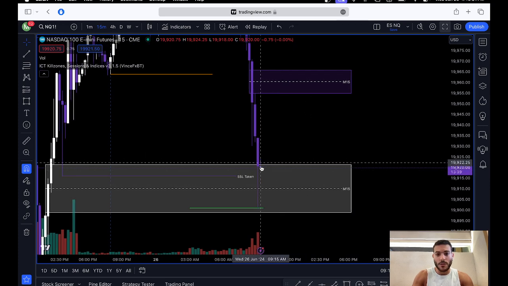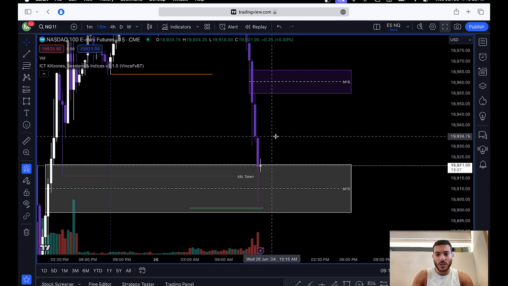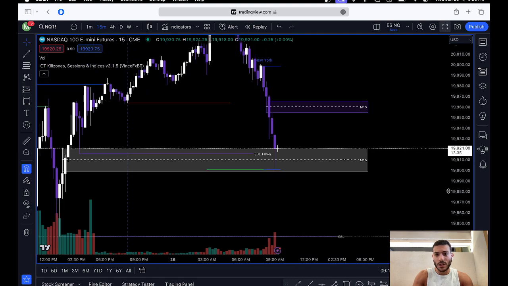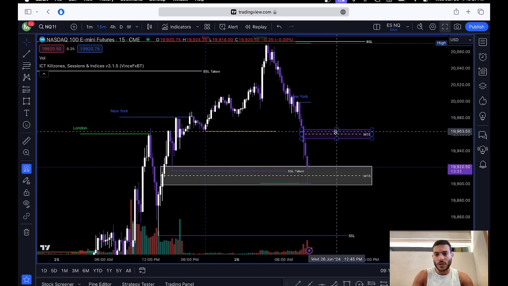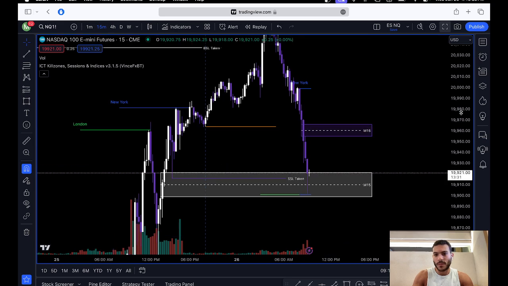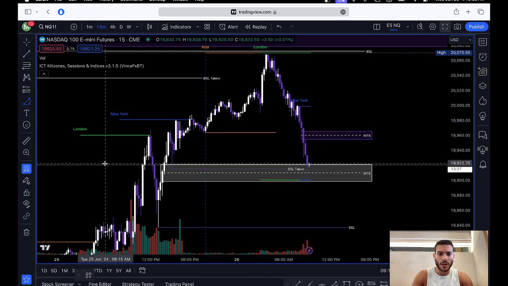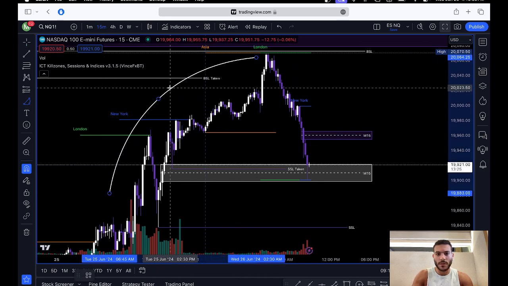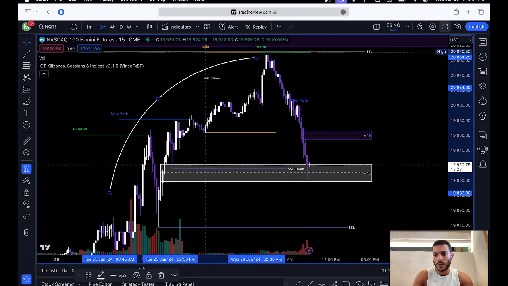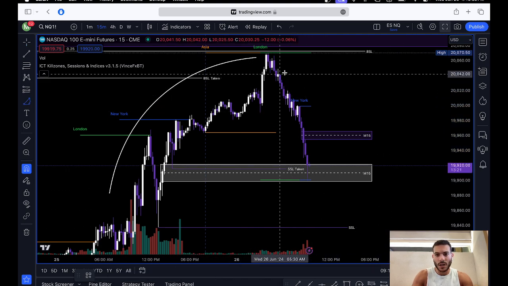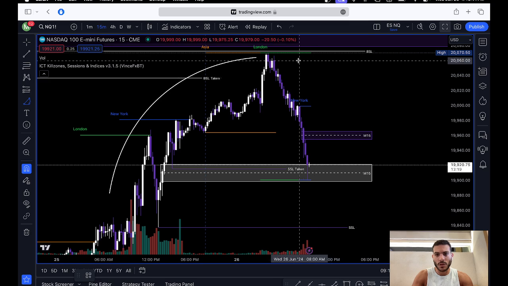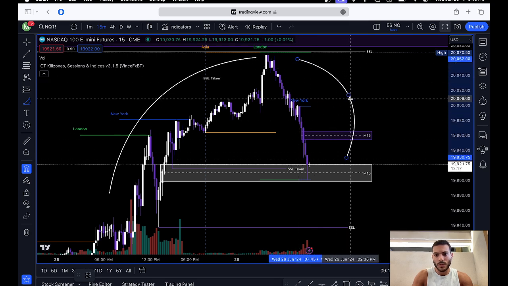Balancing it. If we do get a move above and start displacing above these highs, I would consider a long back up to this range. Short term, right? Again, we look at it from the 15-minute perspective, buy side of the curve, manipulation past the high, displacement past the most recent low. So we start short term, sell side of the curve,